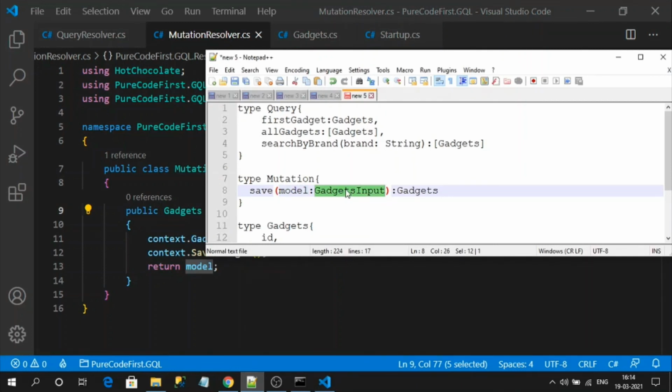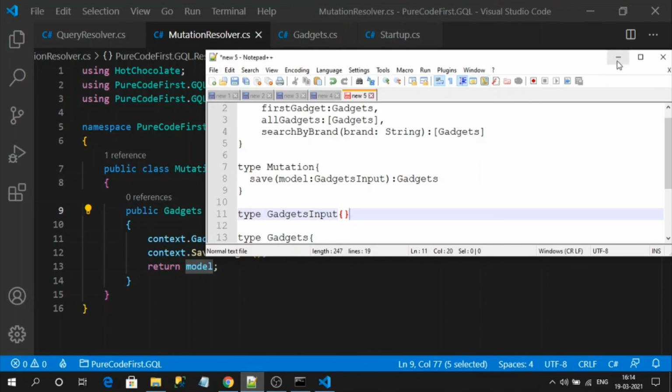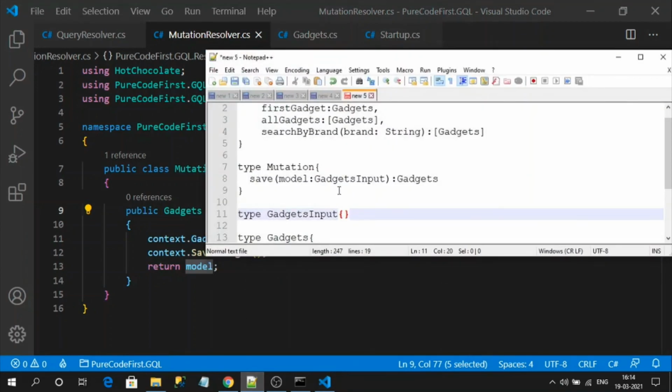Okay. That means it will create one more type like this. So this is how the schema will be generated. Okay, but in C# both classes are the same, but it's a convention of GraphQL while generating the schema. Why I am stressing this: while framing the mutation query, we should use it like this only. That's why I am stressing these payload types.